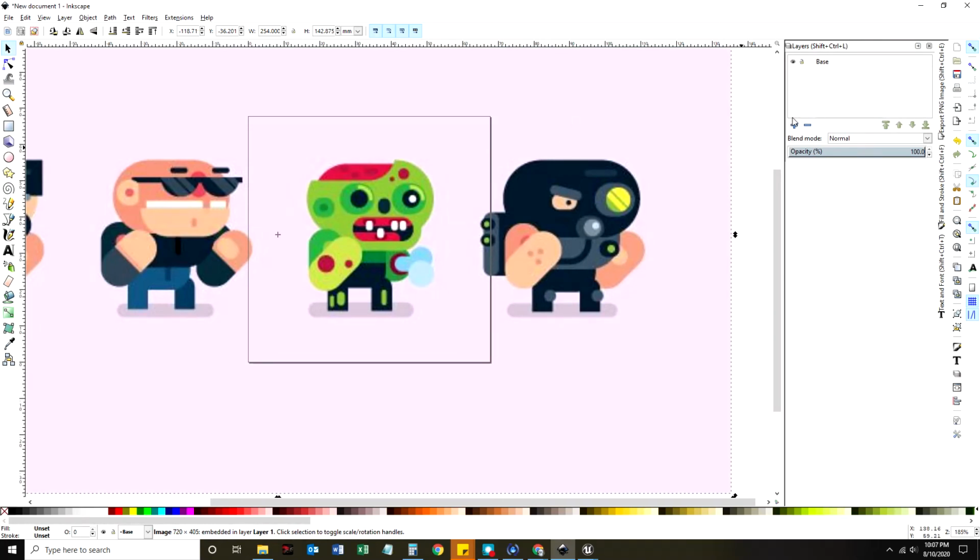And I'm going to click this plus button to create a new layer. And I'm going to call this layer zombie underscore head. And I'm going to choose the position will be above current. That's fine. All right. The next thing I'm going to do is lock the base layer by clicking that lock